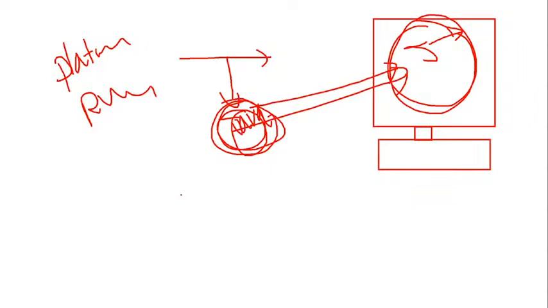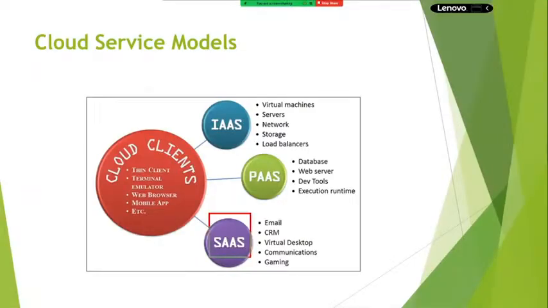Clear? Next is SaaS. In our day-to-day activities in the organization, we are already using software as a service. Could you please tell me the best example for software as a service? Anyone? Like Gmail. Very good. And Microsoft O365 is there. Office 365 is a successful product in the market. No other products are there to beat Office 365.